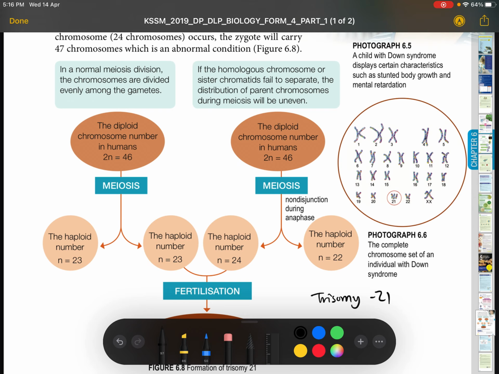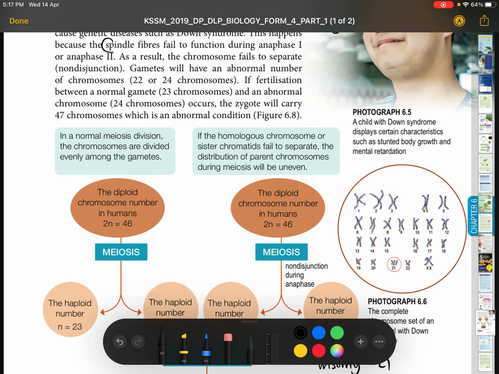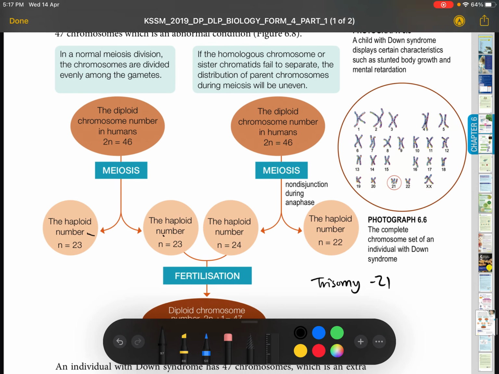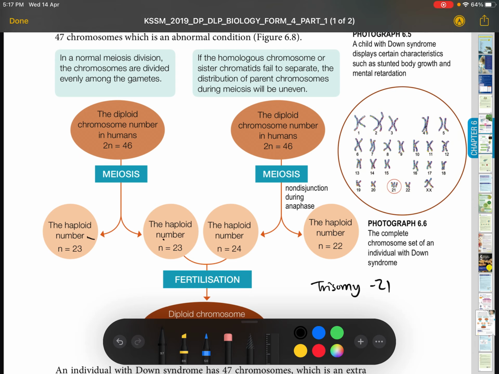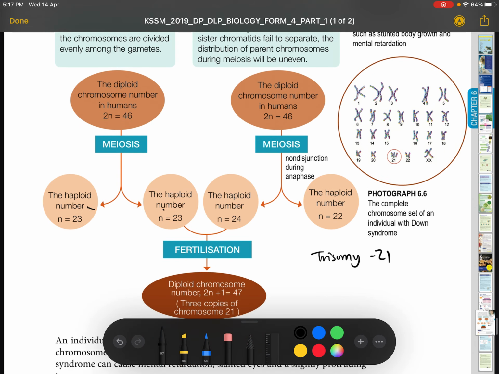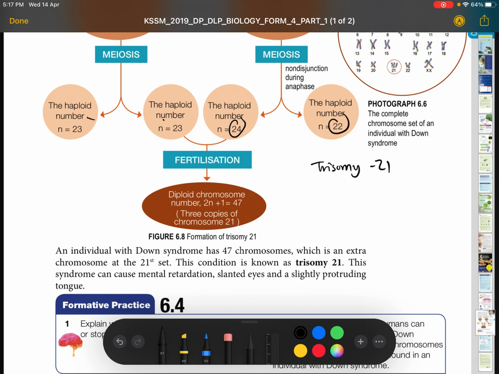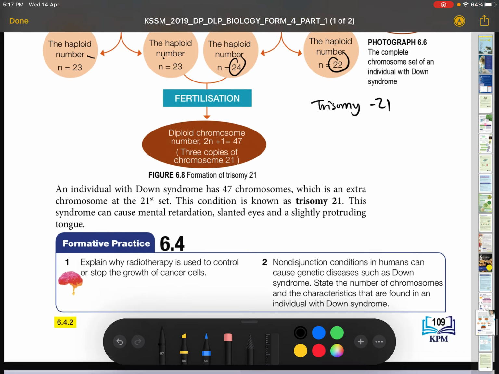The 21st set of chromosomes has more than 2 chromosomes, in other words, 3 of them are identical. So in normal meiosis, it's 23 and 23, right? But if anaphase goes wrong and the spindle fibers fail to contract and the chromatids fail to separate, one will have 24, the other will have 22, and then when they add together, it's 47. And that extra chromosome is usually the 21st type of chromosome, because there are 23 types of chromosome. Remember, chromosomes have similar types, and the similar ones form homologous chromosomes. The 21st type of chromosome